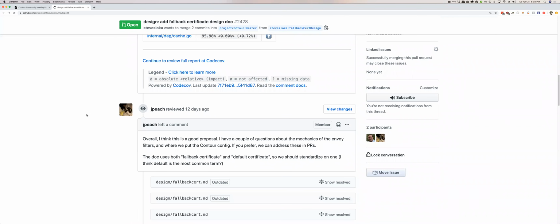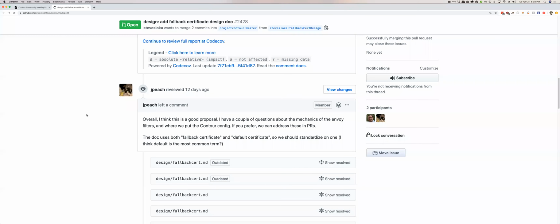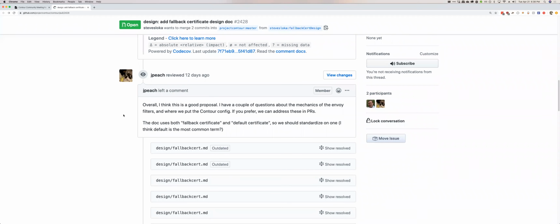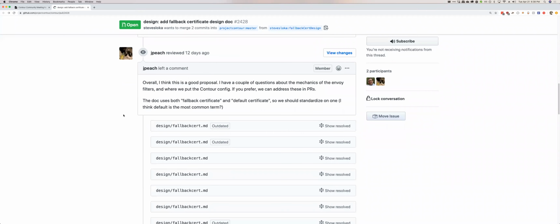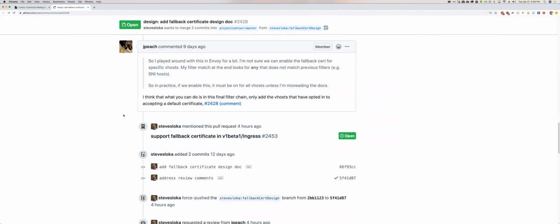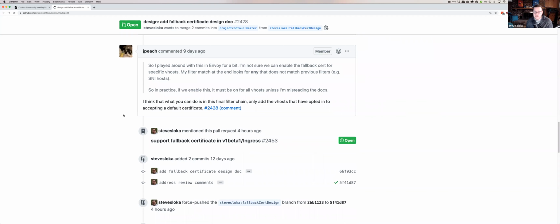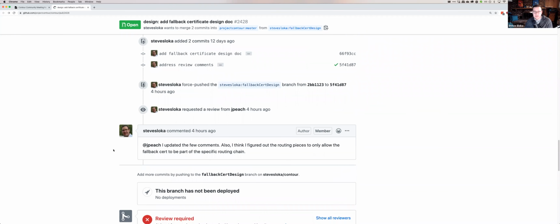So you're talking more on the Contour internal side, not the Envoy proto representation side. No, I mean, I'm talking about the Contour side that drives the Envoy configuration. So when we build out the filter chain match, we'll have to look at that. We don't need to solve it today on this community call, but